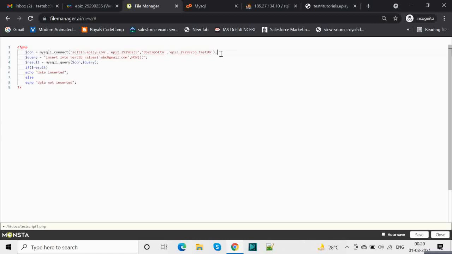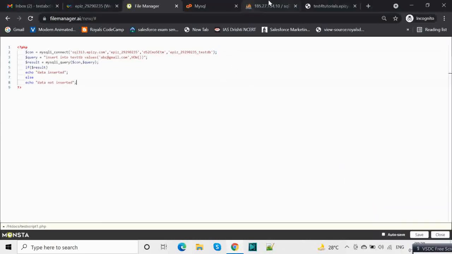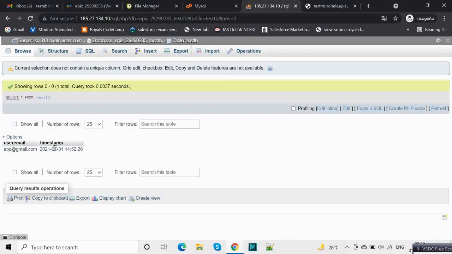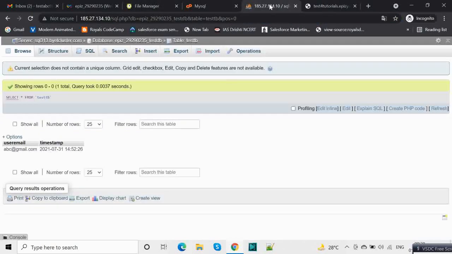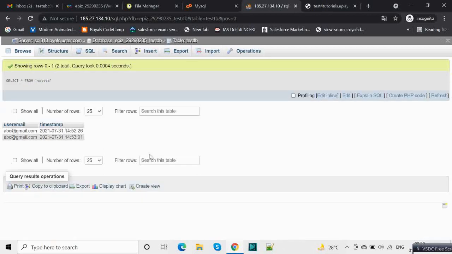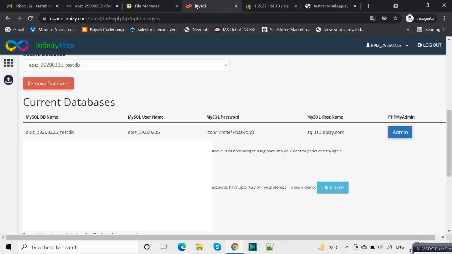So after some debugging, what I found was this particular semicolon was missing. So I have added the semicolon. Now I notice that the data is inserting. It's a pretty basic script. To insert one more record, let's run this once again, reload this page, and the record is inserted. But we did this by reloading this page, which we don't want.